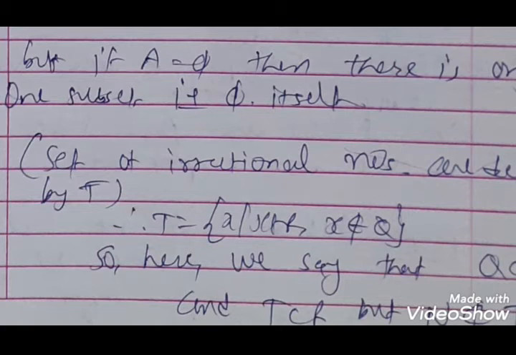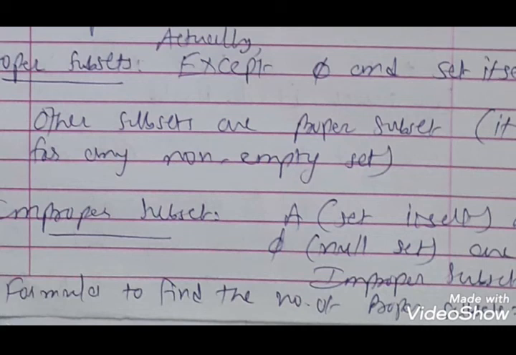So here we say that Q is a subset of R, then T is a subset of R, but N is not a subset of T, because irrational numbers are not included, meaning natural numbers are not included in the irrational numbers. So here we consider only T subset of R, but N is not a subset of T. Here Q is also a subset of R, and N is also a subset of Q, but Q and T are parts of the real set, but T is a subset of R, and N is not a subset of T, that is the set of irrational numbers. One more type of subset is the proper subsets.